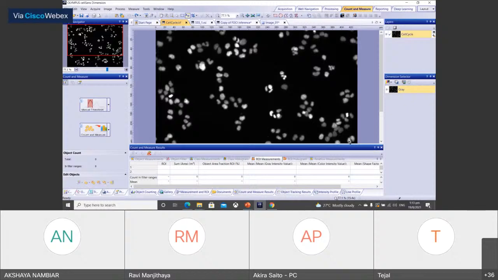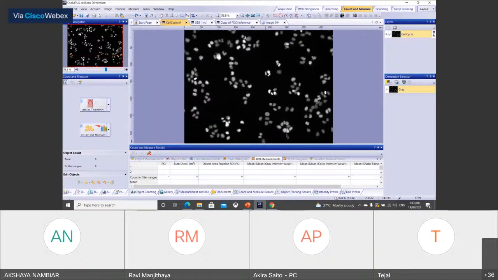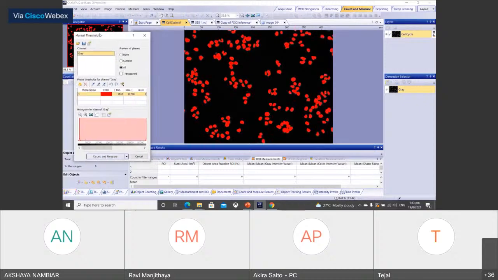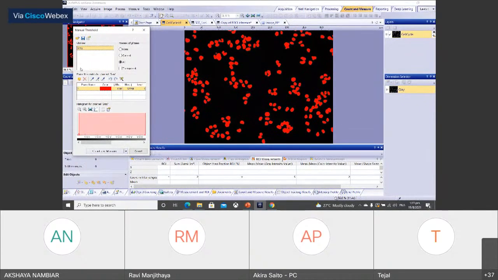So maybe you can see this image. This is just a simple stained nuclear image. As I mentioned, the easiest thresholding is to use the intensity information, and you can see that it is detected very well. And of course, you can change the threshold level yourself by changing the line of this threshold.